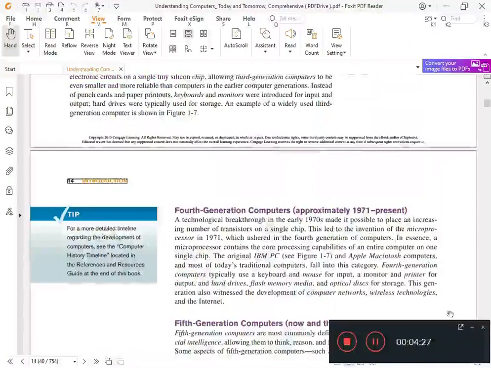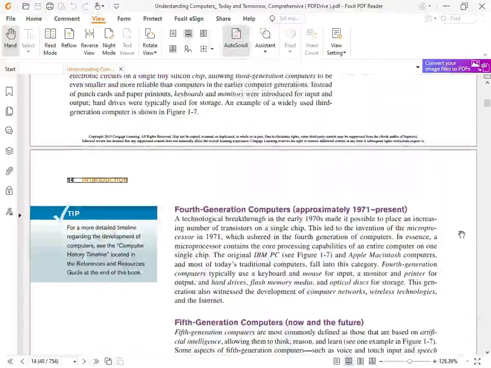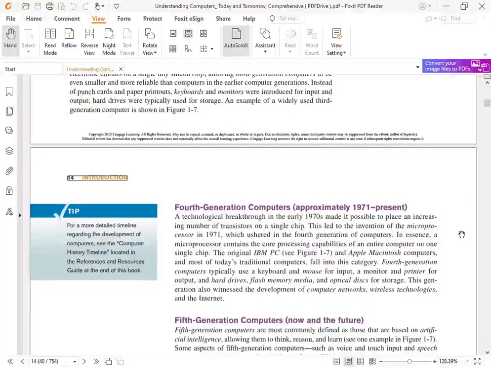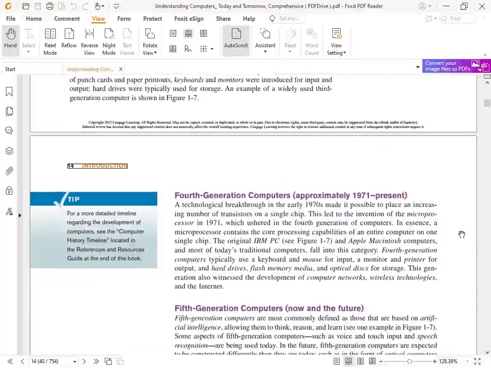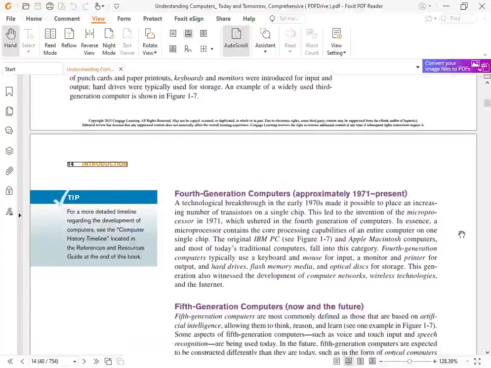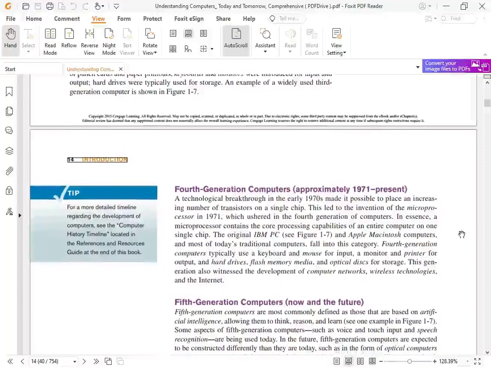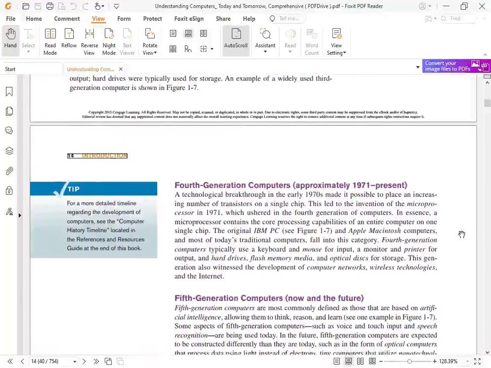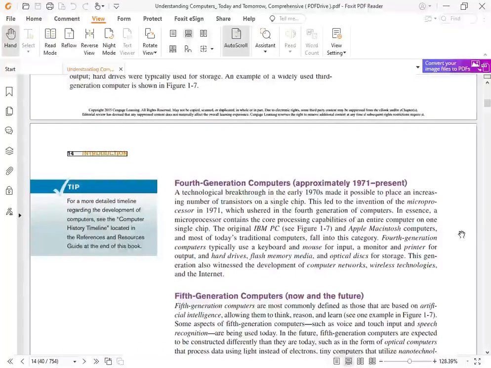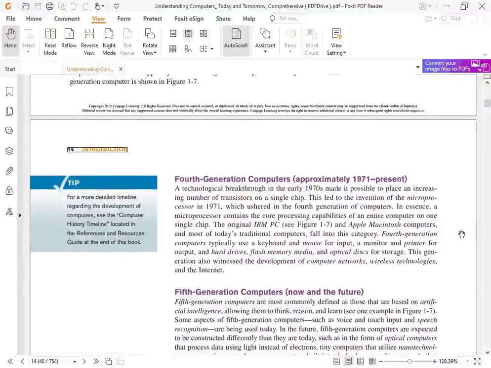Approximately 1971 to present: a technological breakthrough in the early 1970s made it possible to place an increasing number of transistors on a single chip. This led to the invention of the microprocessor in 1971, which ushered in the fourth generation of computers. In essence, a microprocessor contains the core processing capabilities of an entire computer on one single chip. The original IBM PC, see Figure 1-7, and Apple Macintosh computers, and most of today's traditional computers, fall into this